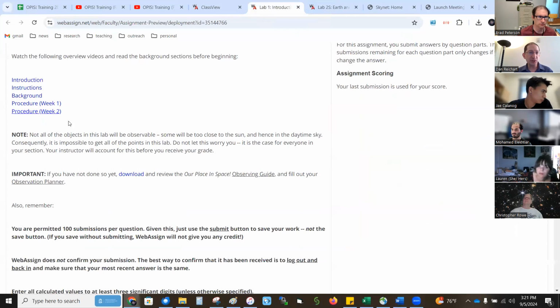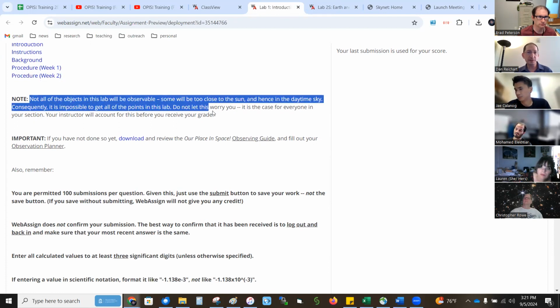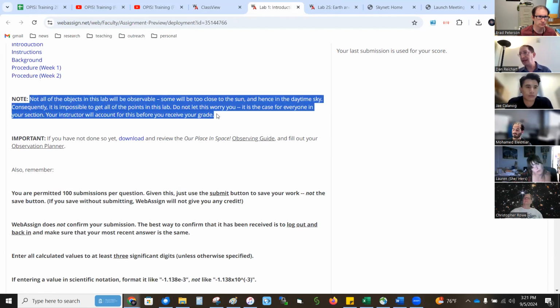What do we have? In addition to the overview videos, we have notes. And this note is unique to Lab 1. In Lab 1, it's not very scientifically deep. This is more about getting used to the system, developing a toolkit, how to place observations, how to manipulate images and measure things in them.